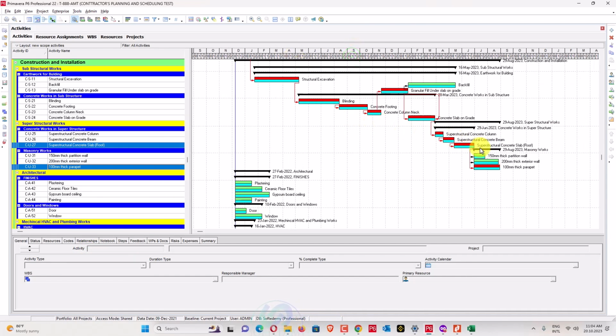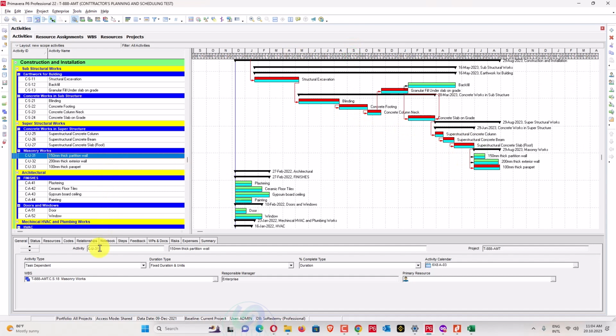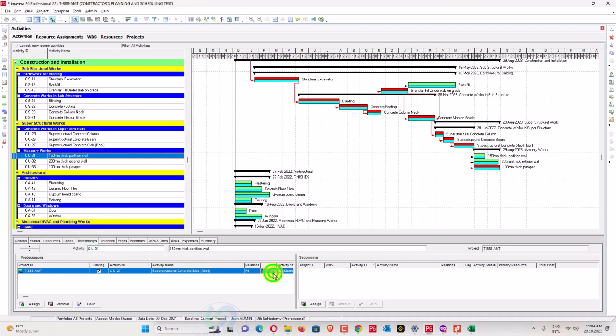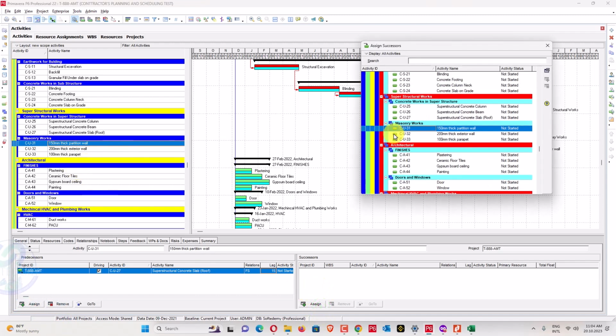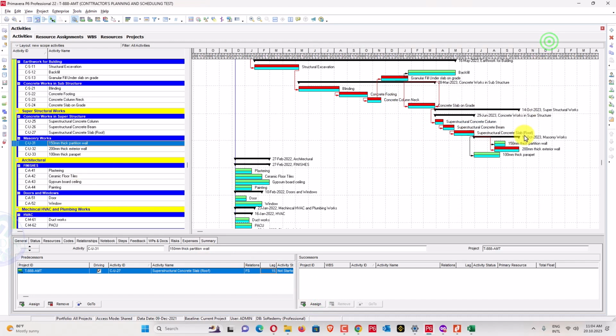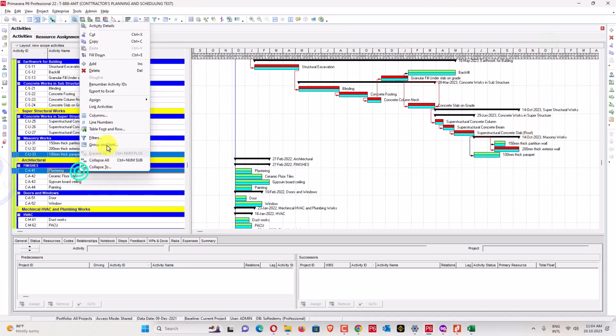For de-shuttering, I will go here, click this one. Relationship, I will add 15 days of lag for de-shuttering, and for external partition wall also 15 days lag. And now for those three activities, I will assign my plaster work so I can start after the parapet wall.